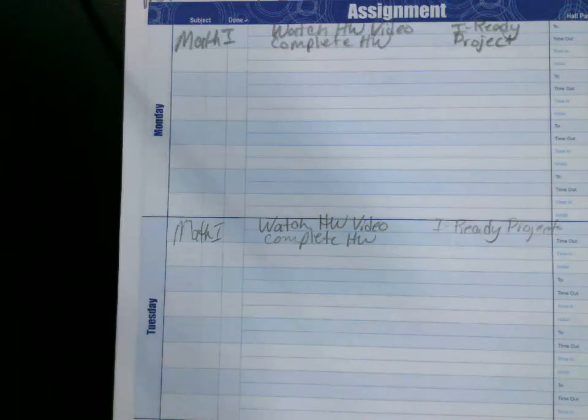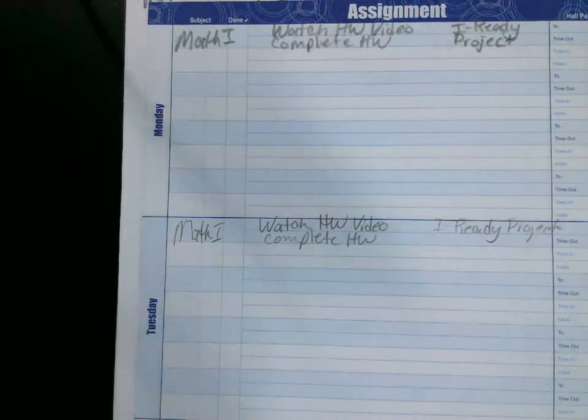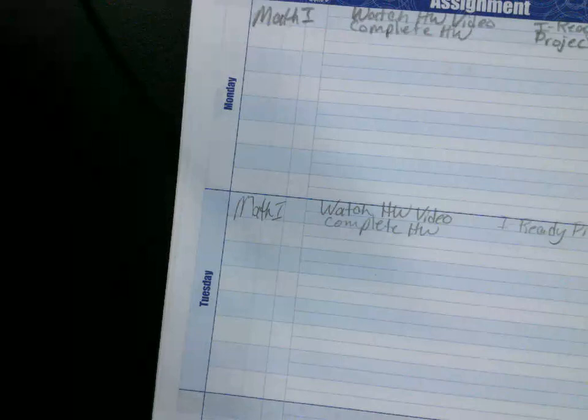I'm going to pause for the class to give us a chance to write. And I need you to take out this investigating sequences sheet. Okay? I'm going to pause for a minute. Put your packet inside your folder on the work to do side of your folder, please.